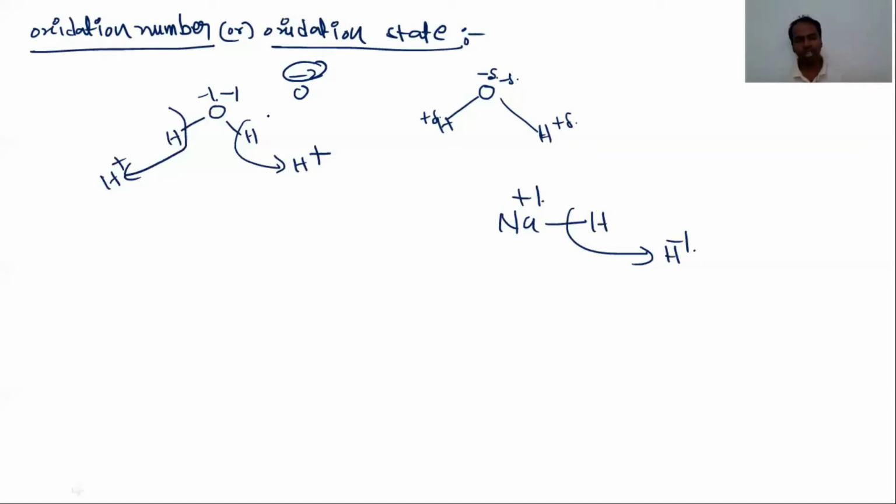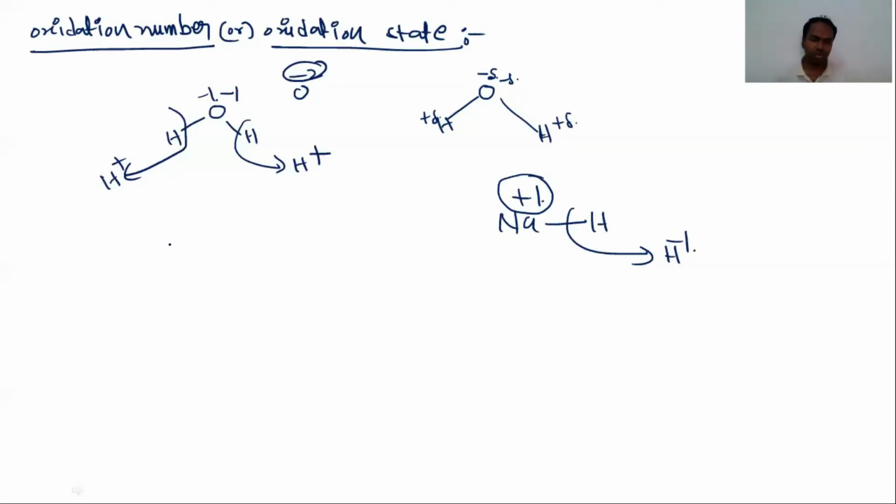Then what is the definition of oxidation number? It is the charge that appears on an atom in a molecule when all the atoms attached to it are removed in the form of their ions. See here, -2 is the charge that appears on the oxygen of the water molecule when the two hydrogens attached to it are removed in the form of H+, in the form of their ions. That is called oxidation number or oxidation state. For example, sodium hydride. What is the oxidation state of sodium? +1. When you remove the hydrogen as H- attached to it, the possible charge that appears on the sodium is +1. So that is the oxidation number.